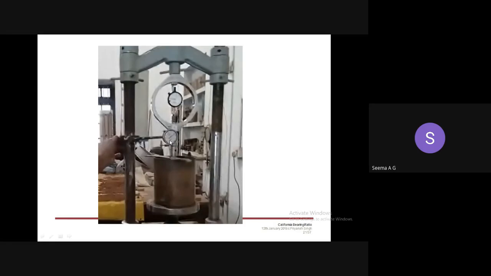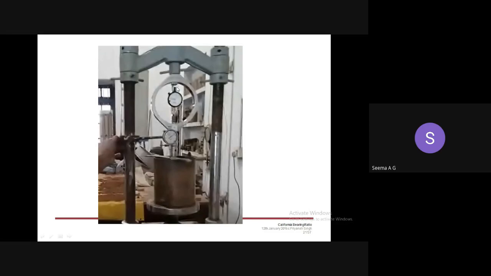So the experiment can be conducted either as stress control or strain control. That is, either you can measure the penetration at standard intervals of the loading, which is called stress control. Stress is incremented at standard rates, and at specific intervals you can measure the penetration. Or you can measure the loading at specific penetration.